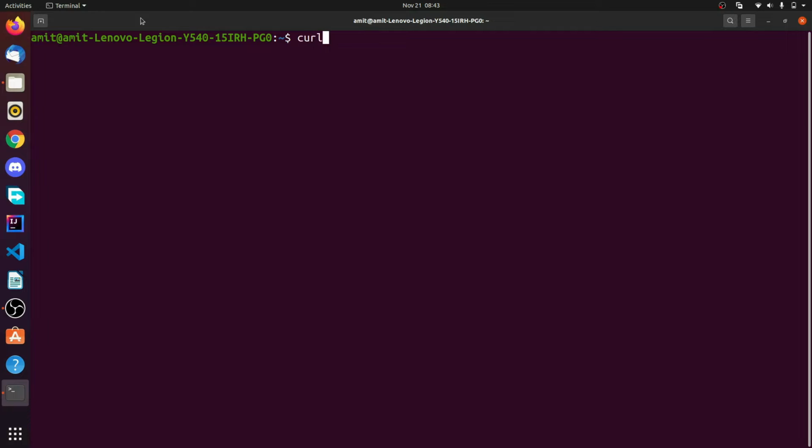So the curl command is basically used to connect to a website or a web server, but that is not actually the thing. The interesting fact is that it gives the complete skeleton of a web page. For example, if you want to go for google.com, then it gives a complete skeleton of google.com. But note here that the first thing is that you have to write www, because without that it won't connect to the server.